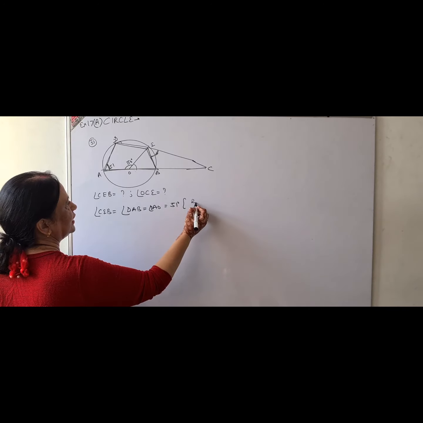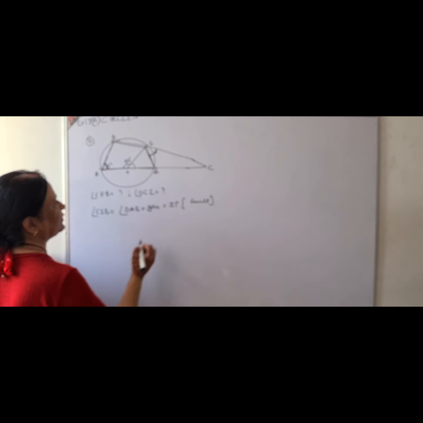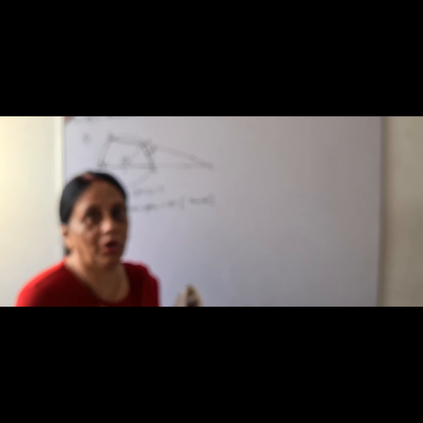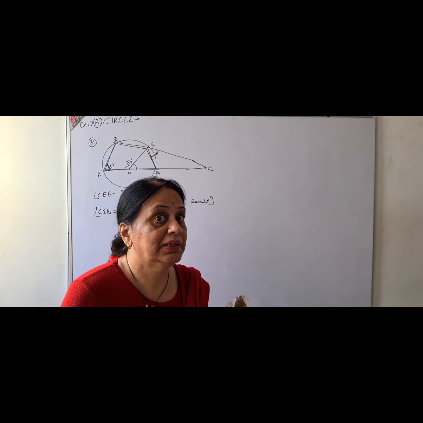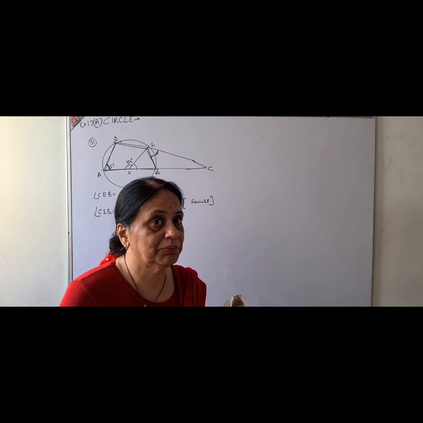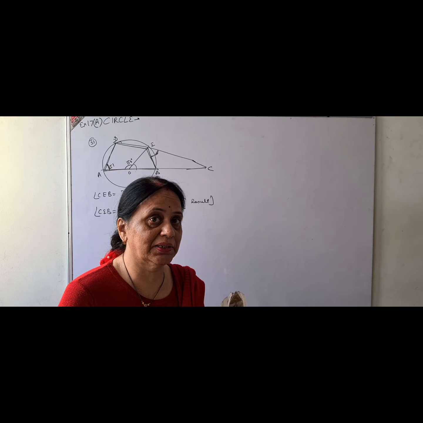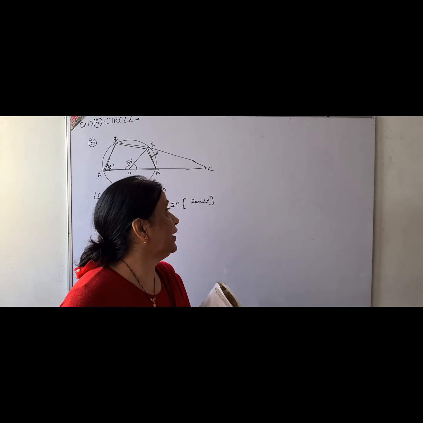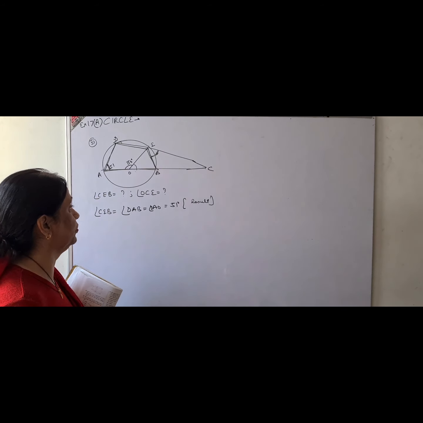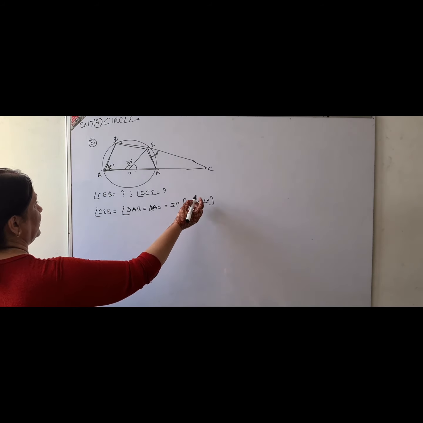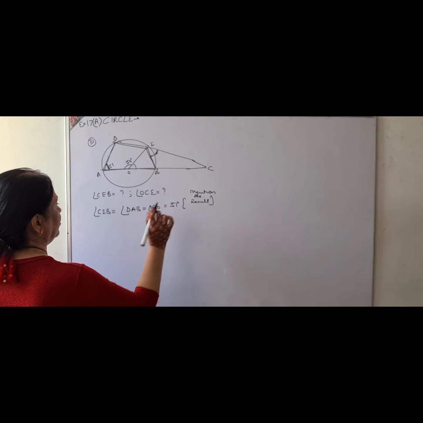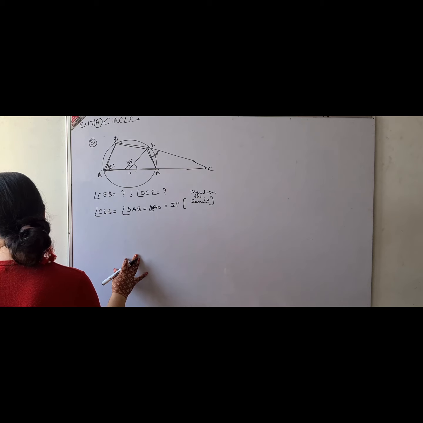You have to write the result here. You are well versed with the results now, that the exterior angle of a cyclic quadrilateral is equal to the opposite interior angle. Children, do mention the results, because even if you get the answer and you do not mention the results, you will not get marks. I am writing the result here now because you know how to write it. I have already explained, mention the results. Now I am just going to explain, and you know yourself what to mention.